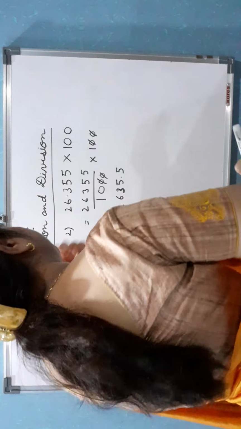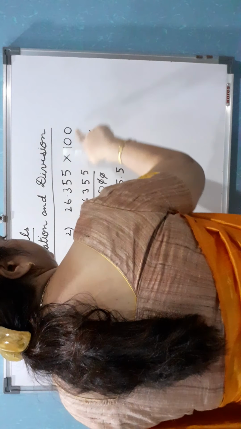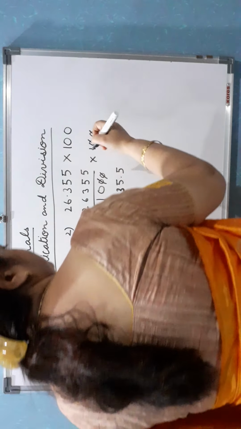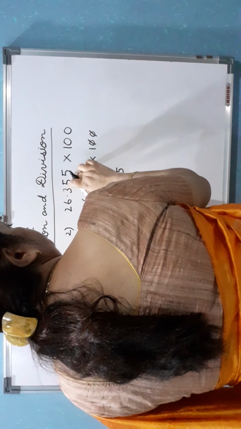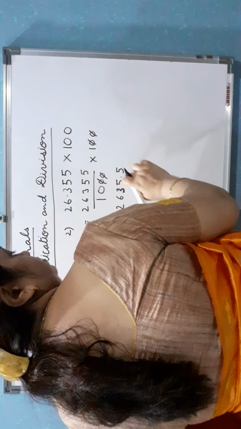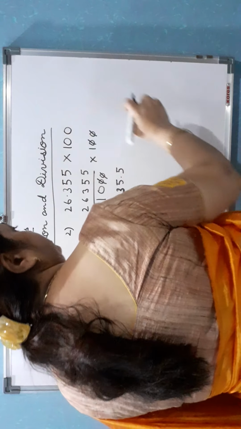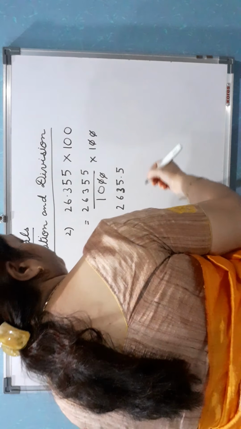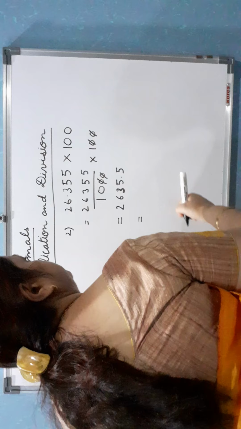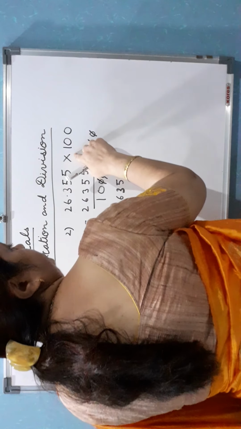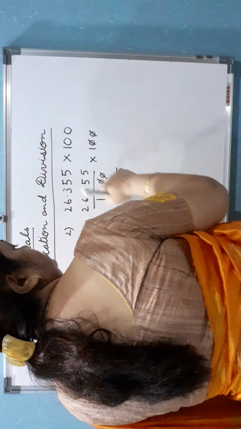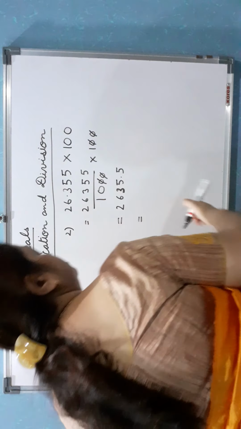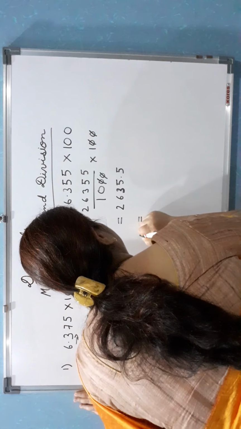ओके, अगर हम ऐसा भी करेंगे, यहाँ से डायरेक्ट आप कर सकते हैं. कैसे? This is 100. So point will be shifted 2 places here. See, ये हमने करके दिखाया. अगर नहीं भी करेंगे तो डायरेक्ट करने से भी होगा. You can put it here directly. If there is a multiplication sign, 2 zeros are here, move from left to right. In division, move from right to left. So remember these things.